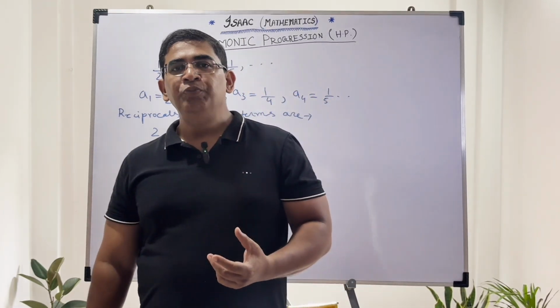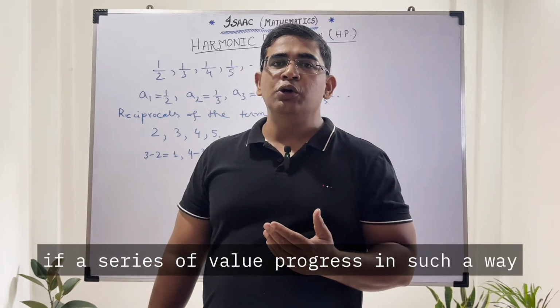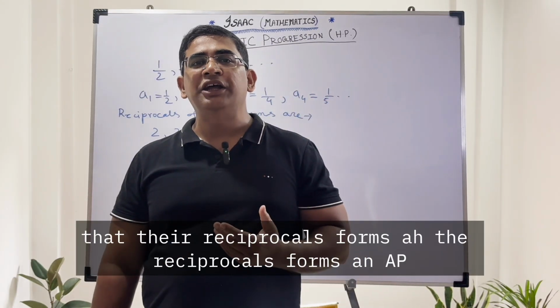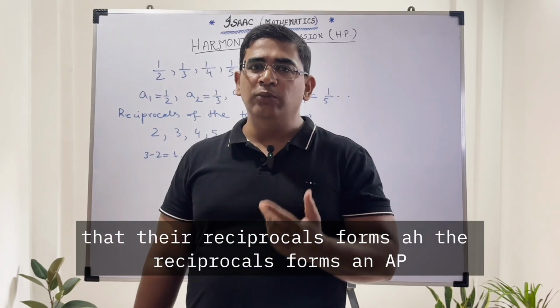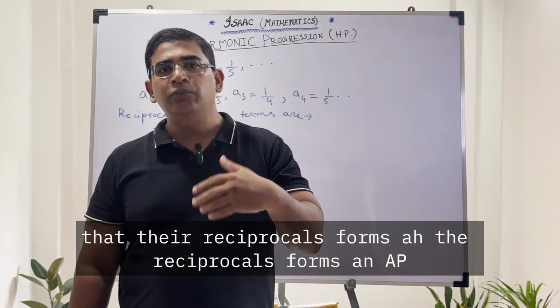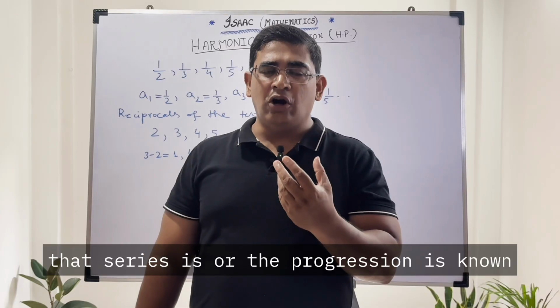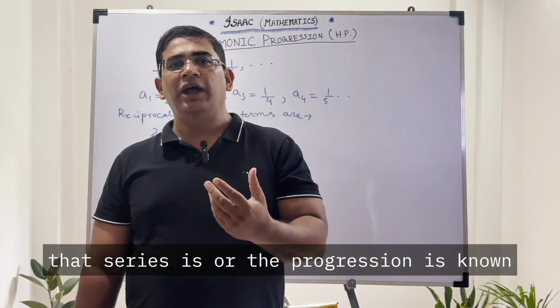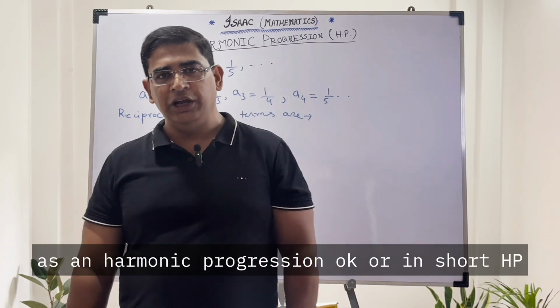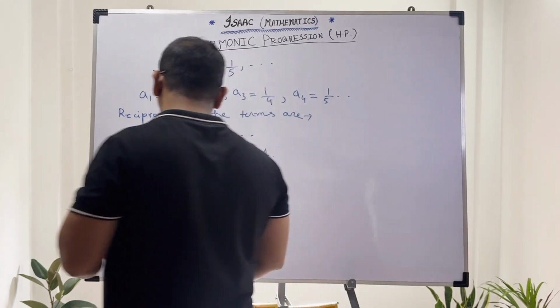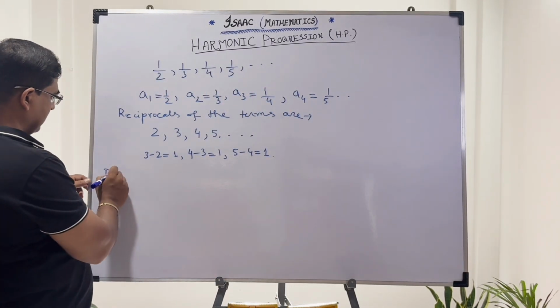Okay, so if a series of values progresses in such a way that their reciprocals form an AP, then we can say that the progression is known as a harmonic progression. Okay, or in short HP. Definition: